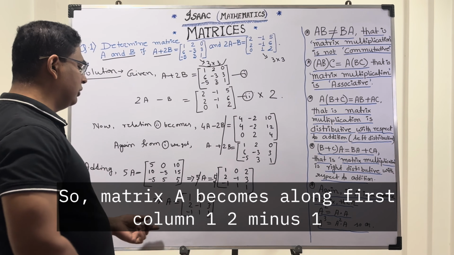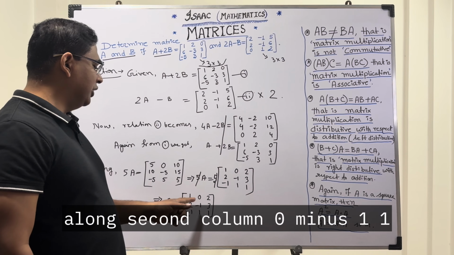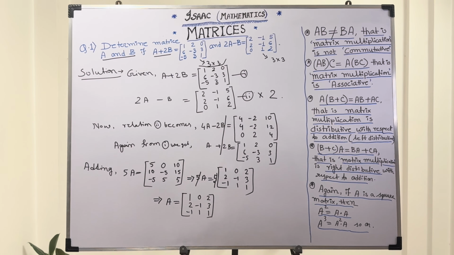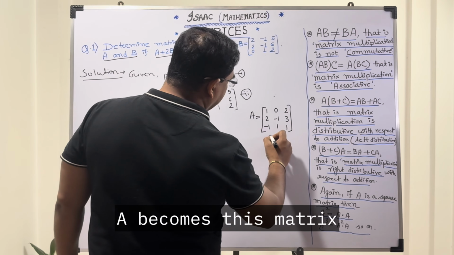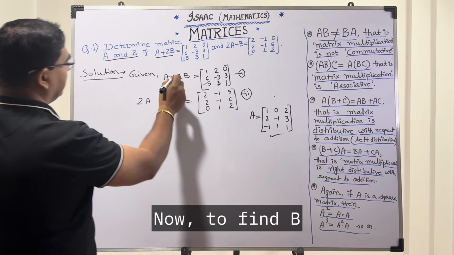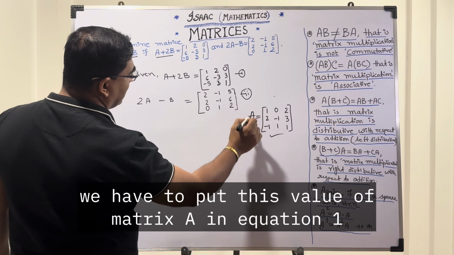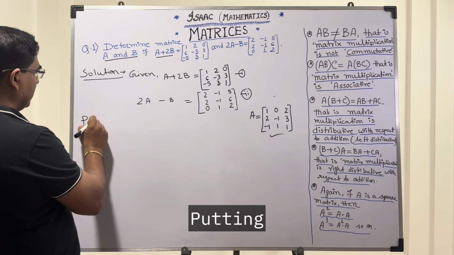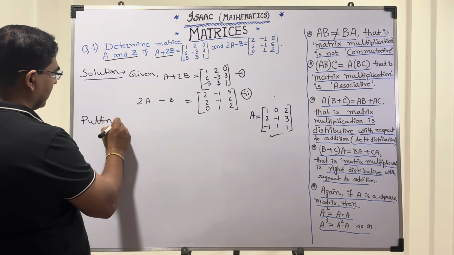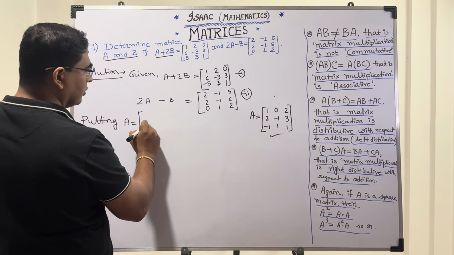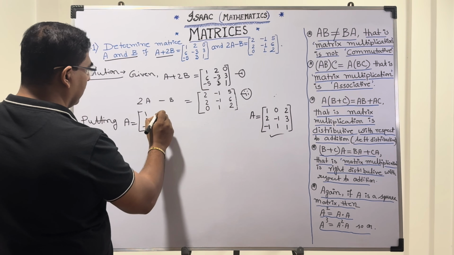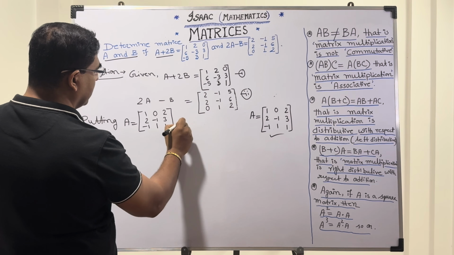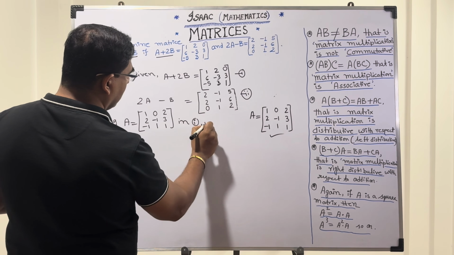So matrix A becomes, along first column 1, 2, minus 1, along second column 0, minus 1, 1, along third column 2, 3, 1. So A becomes this matrix. Now to find B, we have to put this value of matrix A in equation 1. Putting A equal to 1, 2, minus 1, 0, minus 1, 1, 2, 3, 1 in relation 1, we get